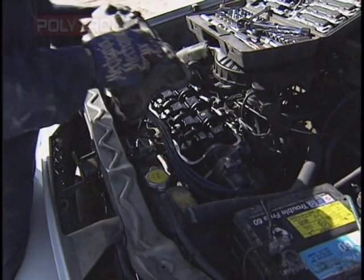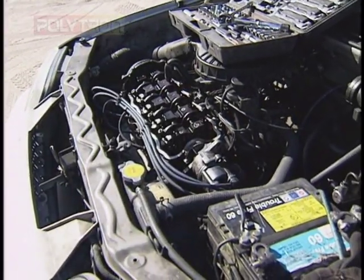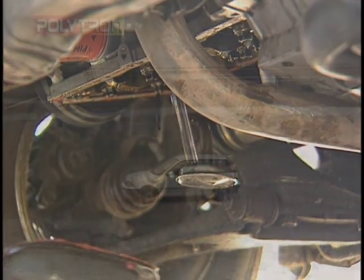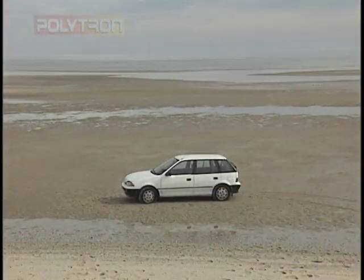We then removed the valve cover to expose the valve train. The oil was drained, and the oil pan was removed. Now, watch as the tides in the Sea of Cortez quickly move